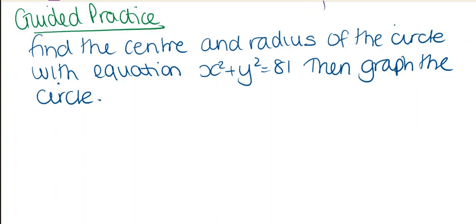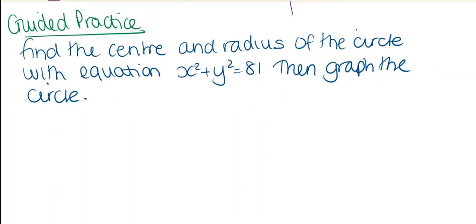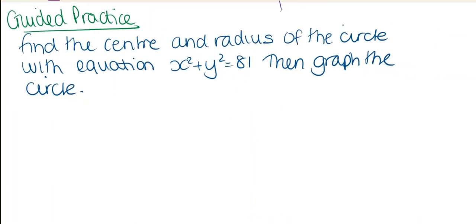So guided practice, find the center and radius of the circle with equation x squared plus y squared is 81, and then graph the circle. So have a look at the question. Okay, so if we look at the equation, we don't have a minus h and a minus k value, so we know that the center is at 0, 0,